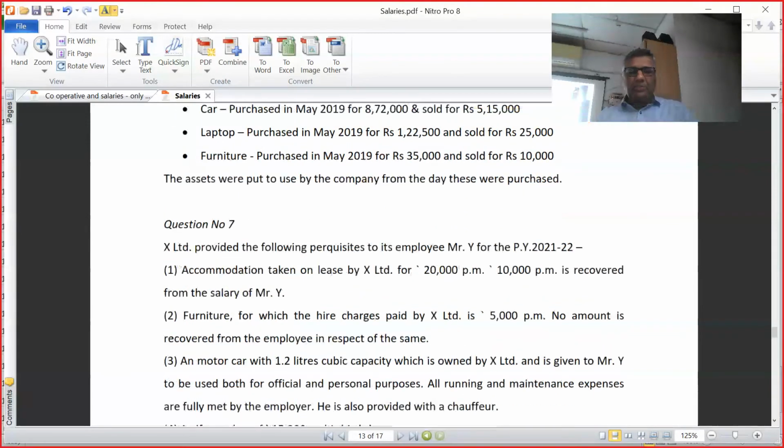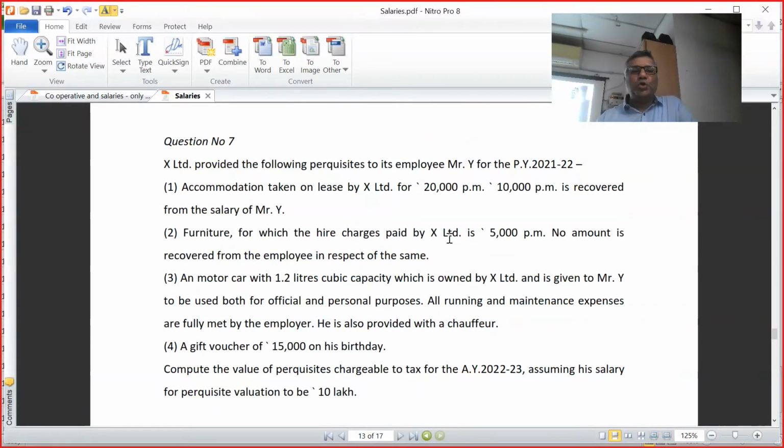X Limited provides the following particulars to its employees. So it's a combination. Accommodation taken on lease for 20,000, 10,000 recovered from salary of Mr. Y. Furniture for which the hire charges paid by X Limited is 5,000 per month. No amount is recovered. Motor car with 1,200 cc owned by the company, given to Mr. Y, the employee,